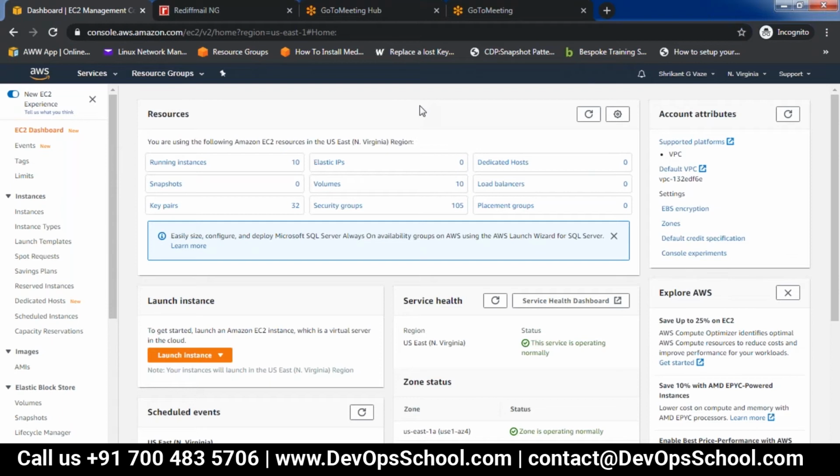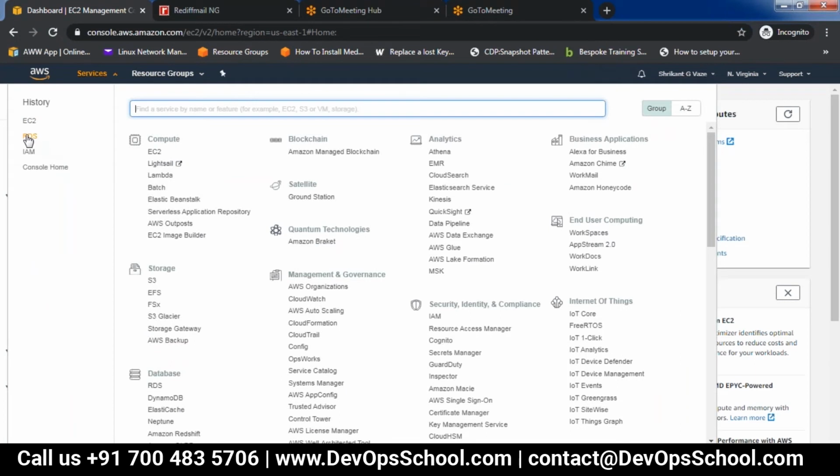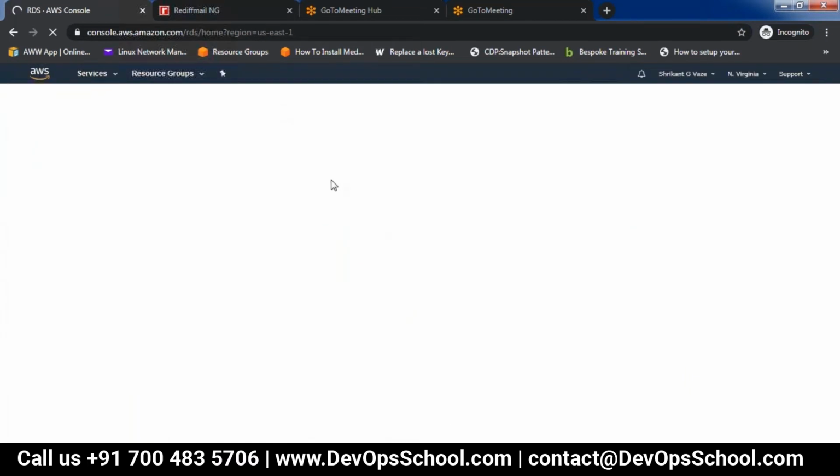Shrikant, one doubt. For a database, there will be a cluster ID associated with it, right? Where can we see that information? The DB cluster ID? I mean, which particular database are you referring to? Any database, like an RDS database, once we create it.